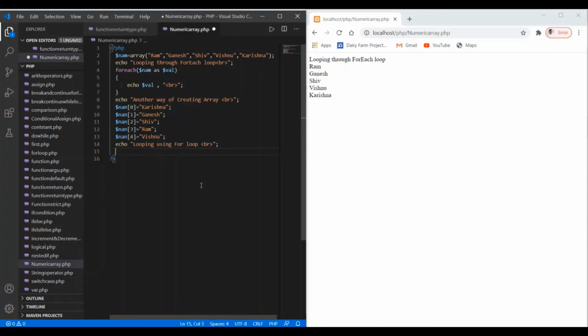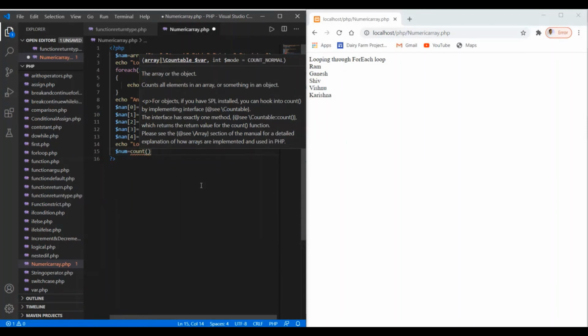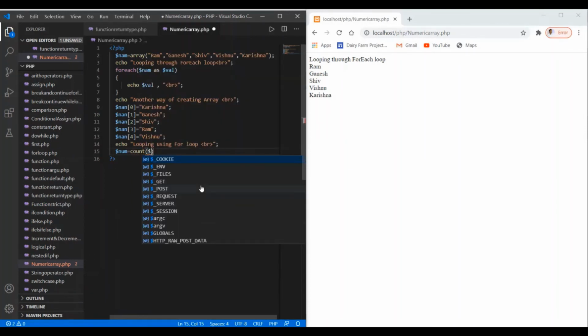So how to do that? I'm declaring a variable, say num, equal to the count function, and here we give the name of the array we want to count. It will count the number of elements of the array nan and assign it to the variable num.